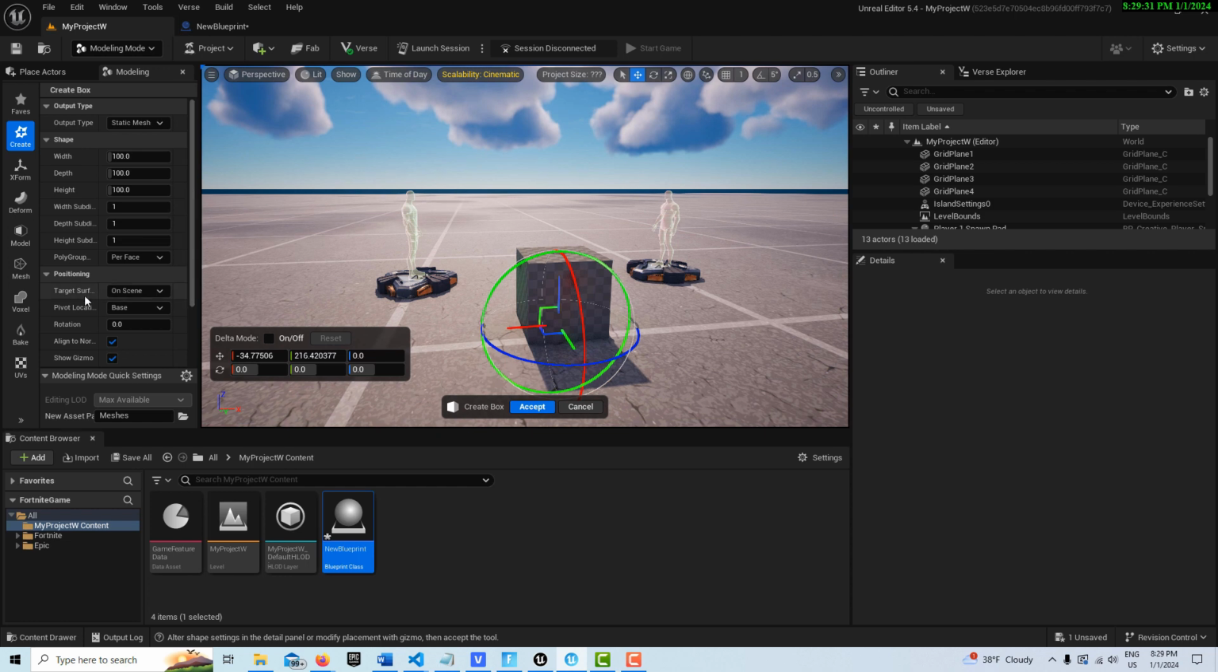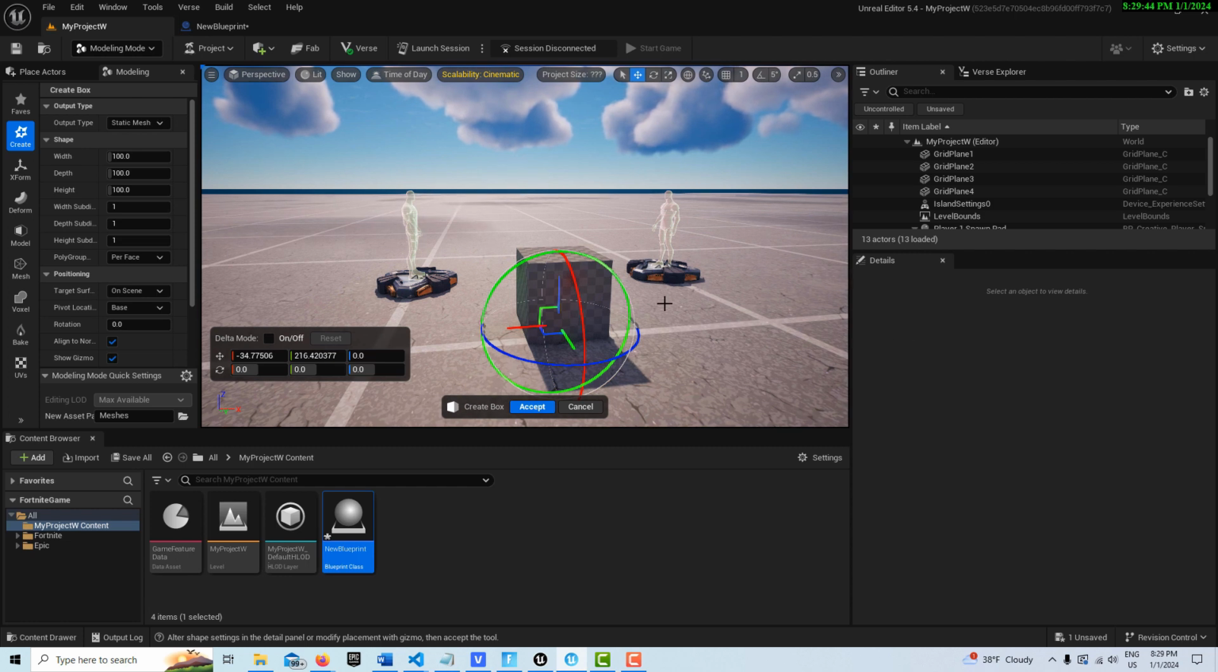And you'll notice we have our pivot point location right here, and it's set to base. And we have base, top, center. I think I'll keep it at base. And then you just have to decide which way you want this progress bar to go. Do you want it to go up or down? I think it might be fun to make it go